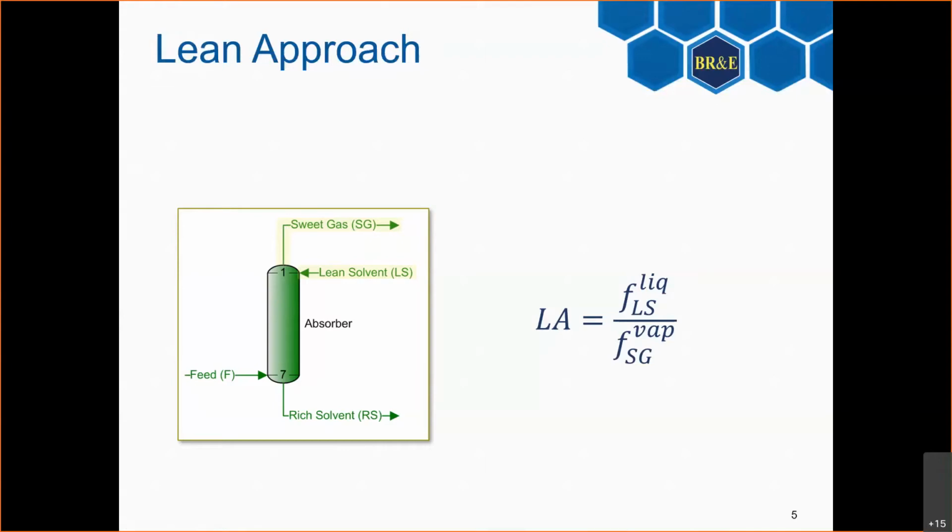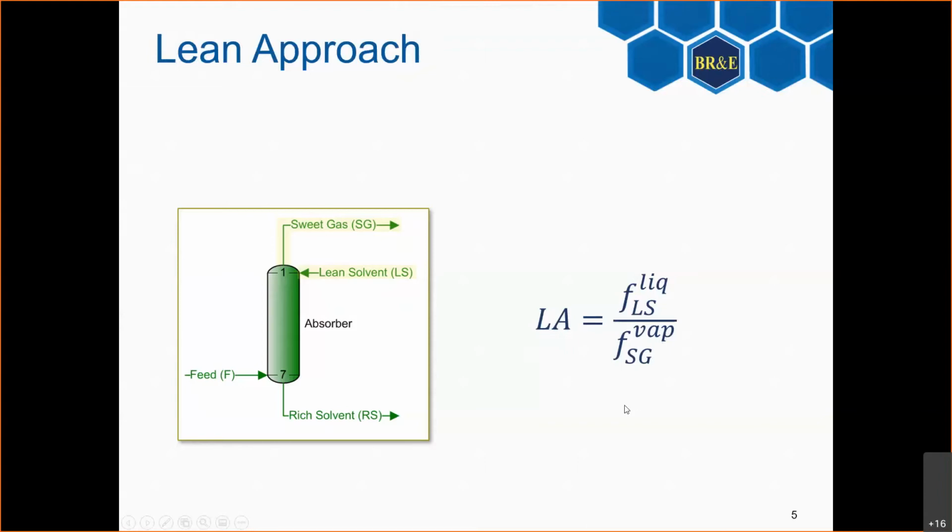And the way we calculate it is based on fugacities. So as you can see, we basically take the fugacity of a given component in the liquid phase in the lean amine stream and divide it by the fugacity of this component in the sweet gas in the vapor phase. And based on that, we are able to calculate lean approach. If these two fugacities are the same, then we are at equilibrium and lean approach is going to be 1